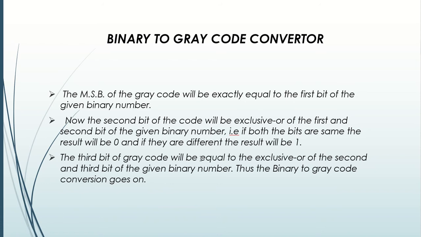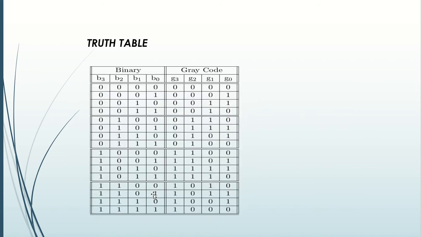The third bit of the gray code will be equal to the exclusive OR of the second and third bit of the binary number. Thus, the binary to gray code conversion goes on. This can be explained using the truth table. For example,